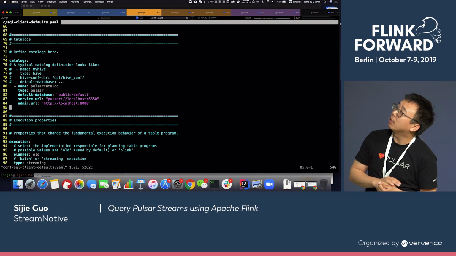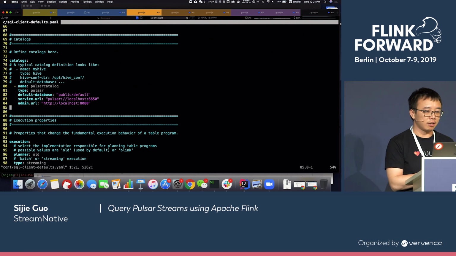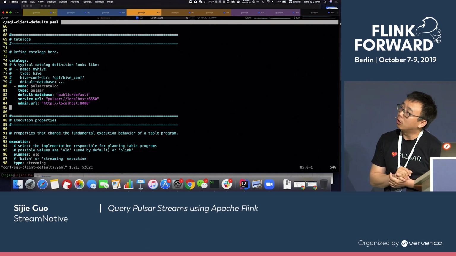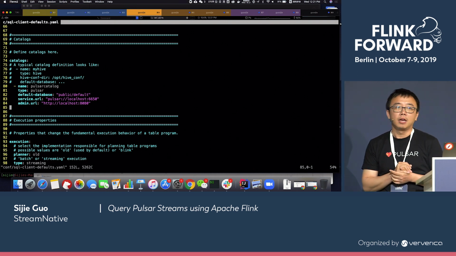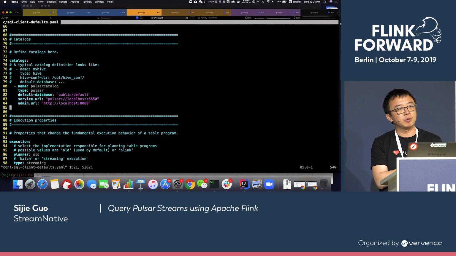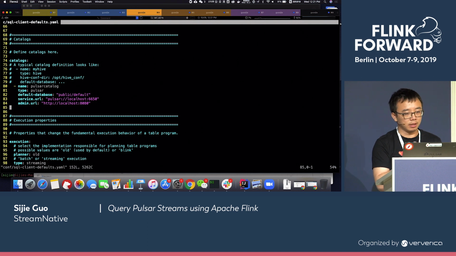One way you can define the Pulsar catalog is you register the Pulsar catalog and the type is Pulsar. And you can specify a default database. The way we did it is we map Pulsar's namespace to a database, so all the topics within the namespace will become tables of a database.